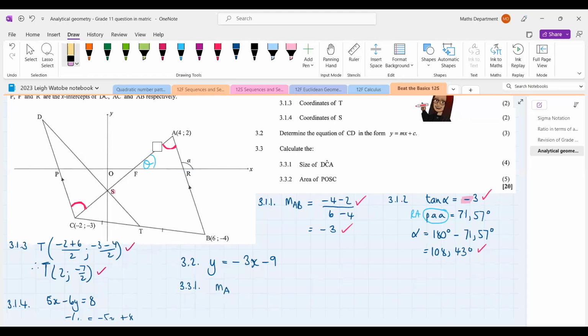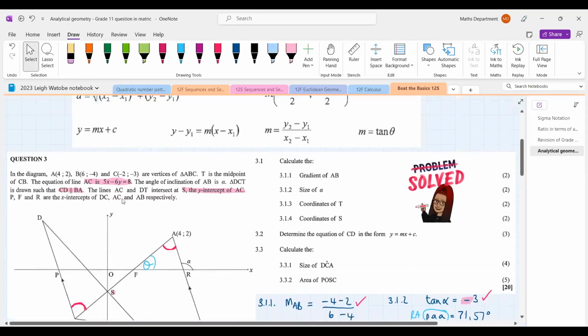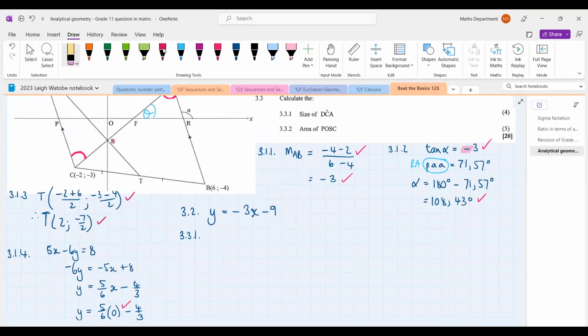Hang on a second. We know the line AC, so we know that the gradient of AC is 5/6, isn't it? So we know that the gradient of AC